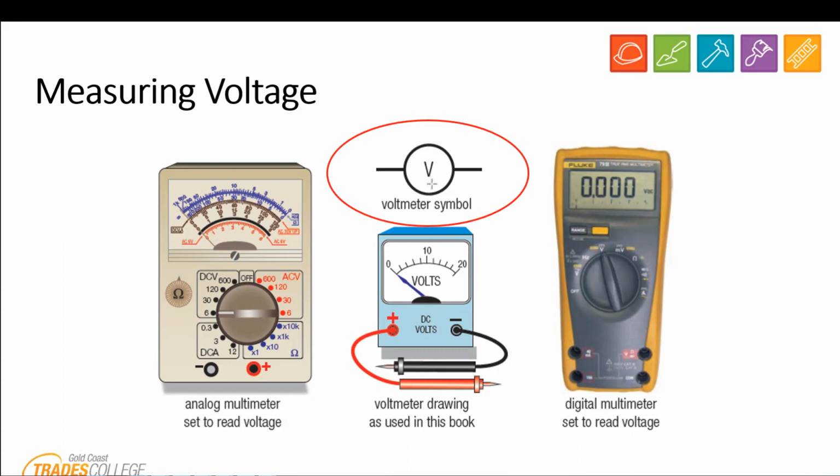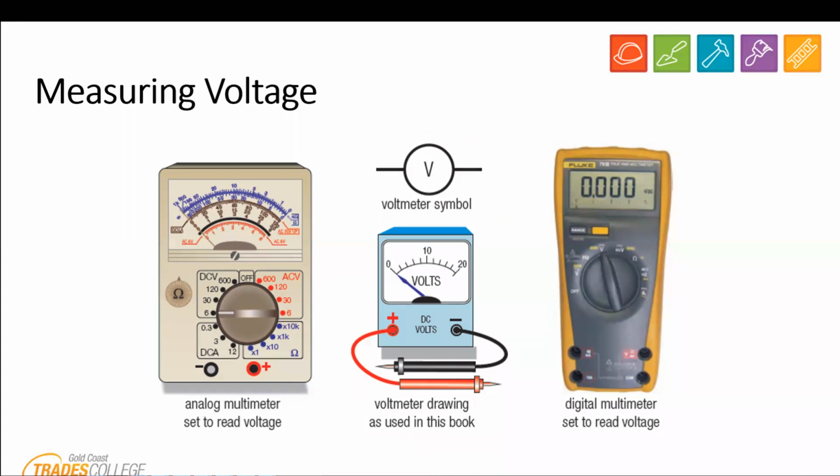Now, recommending brands is something that I think we should do for you guys so you don't waste your money. On the right hand side we have a Fluke tester, which is an excellent tester brand. They are expensive, but again, you get what you pay for, and these things save your life. Another thing to take note of, guys, is that if you look at your analog tester on your left hand side, we're going to ignore the middle one, and look at the one on the right hand side. Again, the one on the right hand side is an excellent tester. I've got the same tester myself, but for someone who's inexperienced and not sure what they're doing,